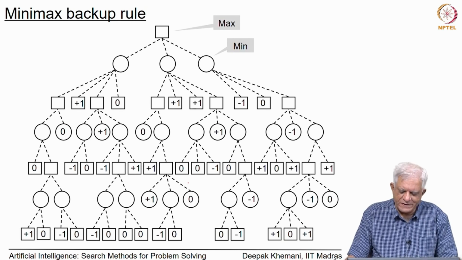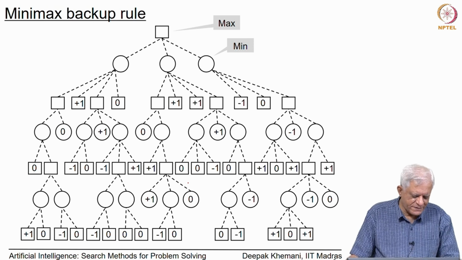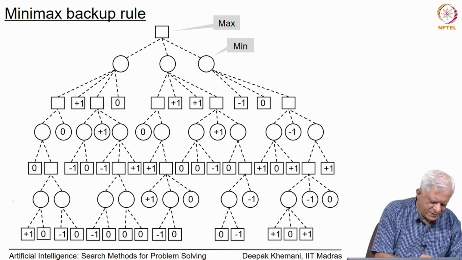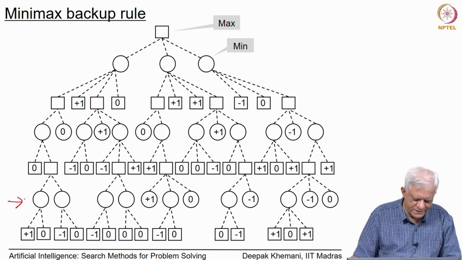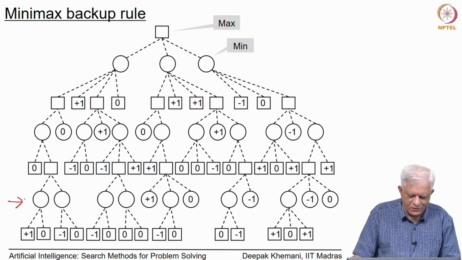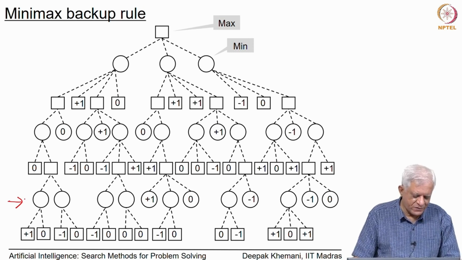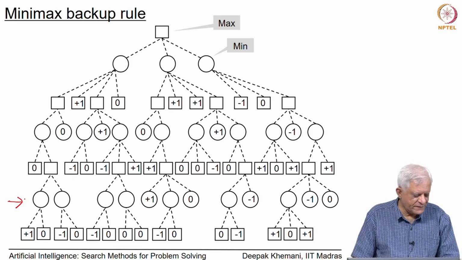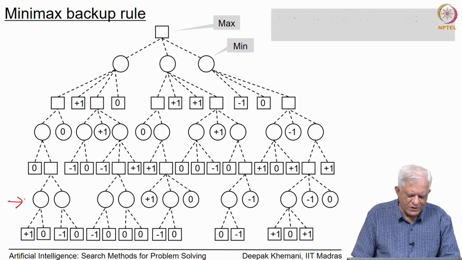As we said, we will start doing this process in a bottom up fashion. So, if you see this node at the lowest internal node that we can find, it has two choices, one is +1 and the other is 0. Now, clearly this is a min node, it will choose the minimum of the two values. So, it will choose a value of 0. Its sibling has two choices, which is -1 and 0. So, it will choose -1, and in this fashion we will back up the values, and eventually all the nodes